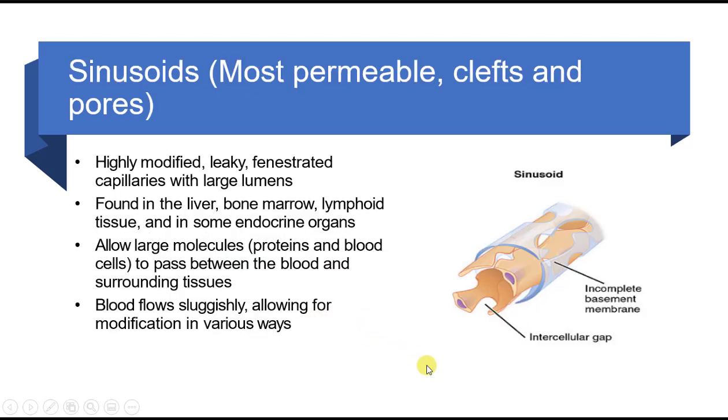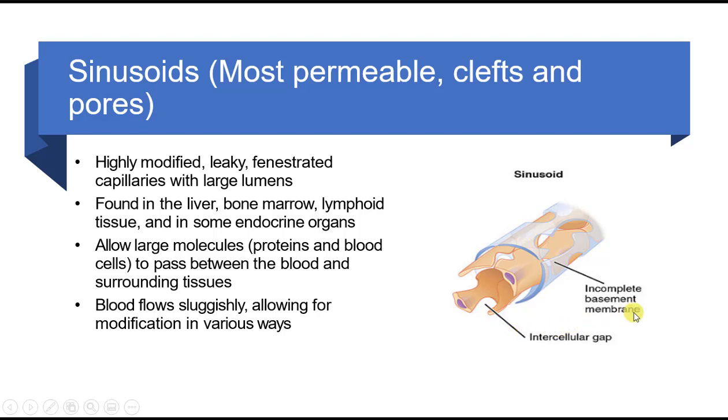If I move to the next slide, I want to talk about the third type of capillaries, which are called the sinusoids. And these are really the most permeable type of capillaries. If you look at the structure of these capillaries, you can see that they have an endothelial membrane which has a large amount of holes, which are also called intercellular gaps. And these are huge gaps that are present in the endothelial membrane, and it is covered by a basement membrane,